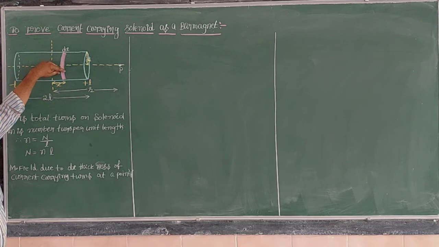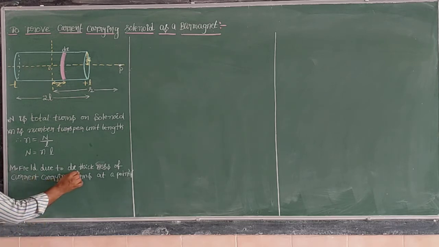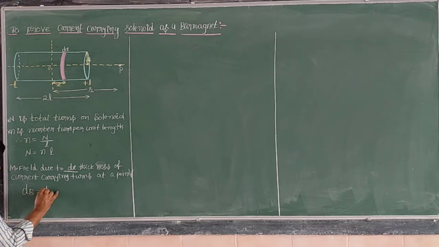Now due to these many current carrying turns, the magnetic field dB is equal to